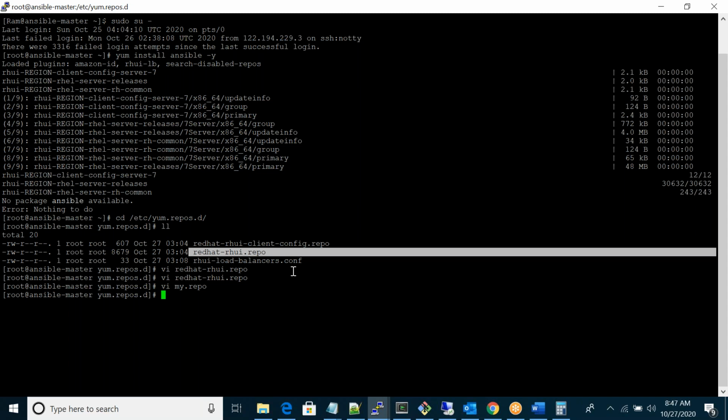Otherwise, we can manage our private repositories, our own repositories, somewhere in a shareable server, like SharePoint or other servers. We can save all our packages there, and refer to that link here. That is what we call private repositories or our own repositories.